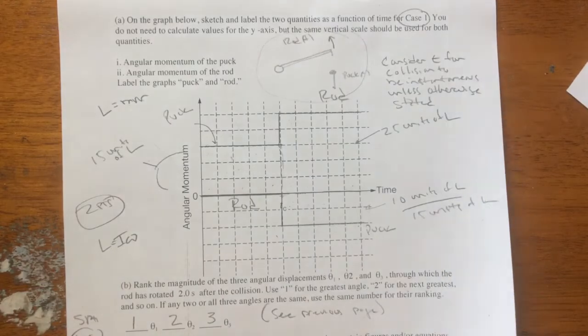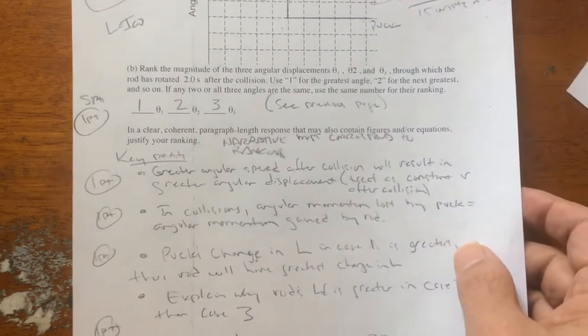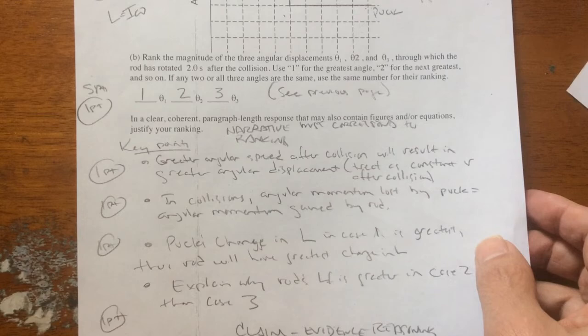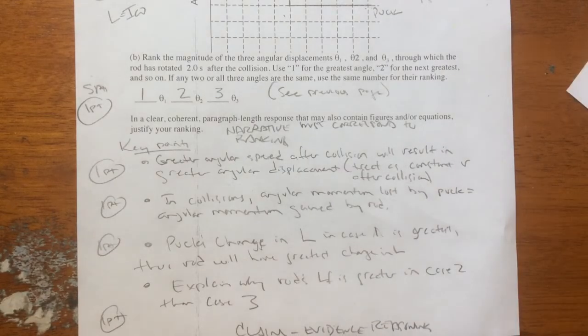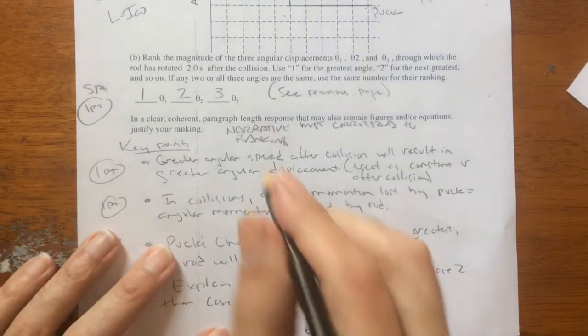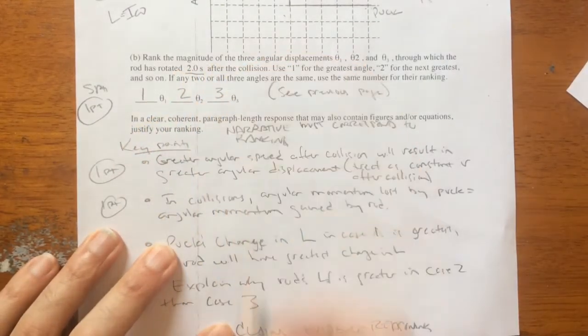It's good. Let's go. Let's go. Rank which has rotated the most 2 seconds after the collision. 1 for the greatest, 2 for the next greatest, and so on. They could have written just 3 for the next greatest, I guess. If they're the same, you got to use the same number for the ranking. Good. All right, it's a trap. Has rotated 2 seconds after the collision. It's a trap